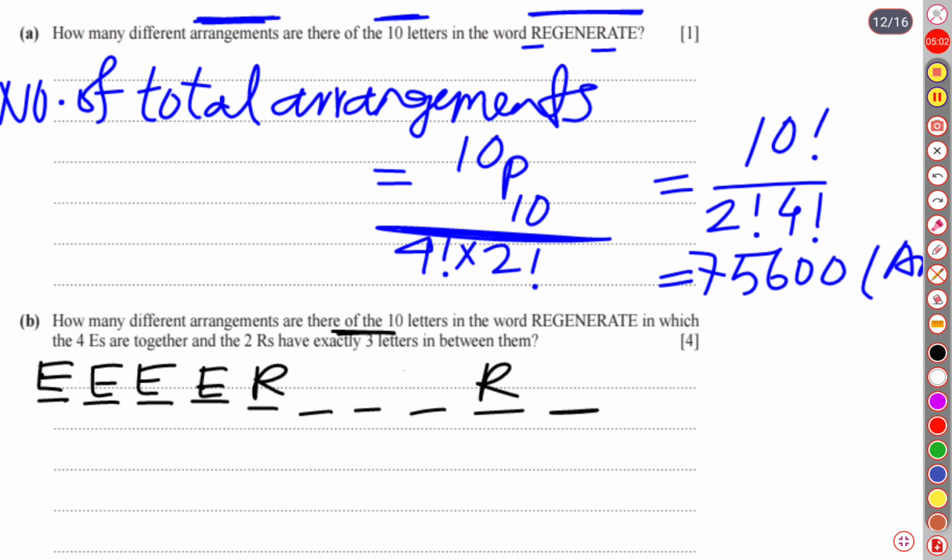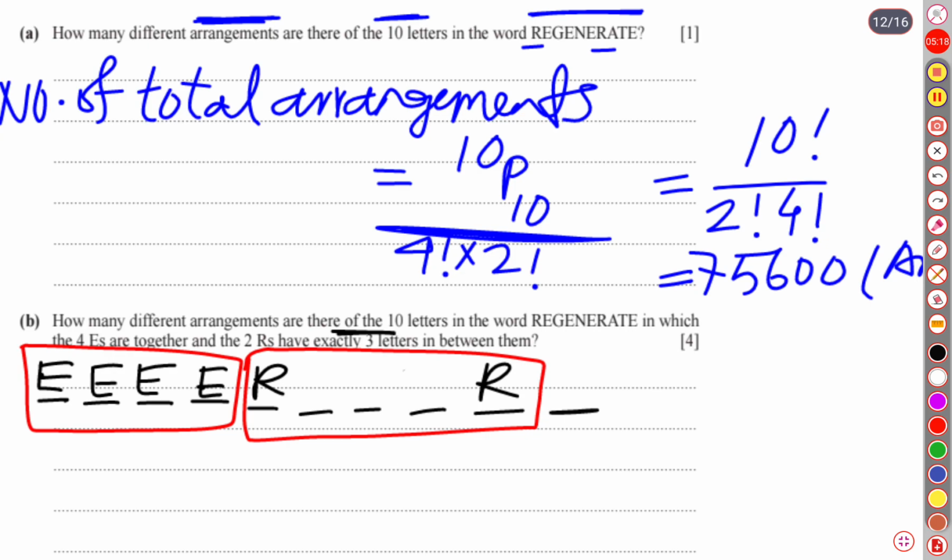Now, what is the scenario? We can look at this. The 4 E's can be one unit, so we can keep it in one box. And the second box is the R's having three letters in between them. And the last of all, there is another box which contains only one letter. So this is our scenario. So how can we write it? Now we will write